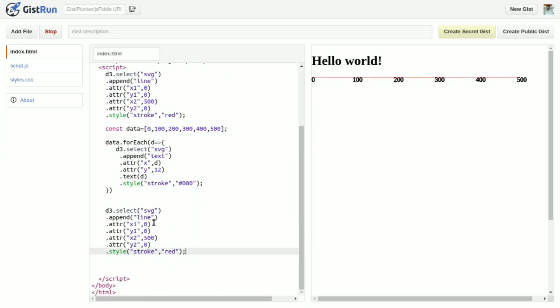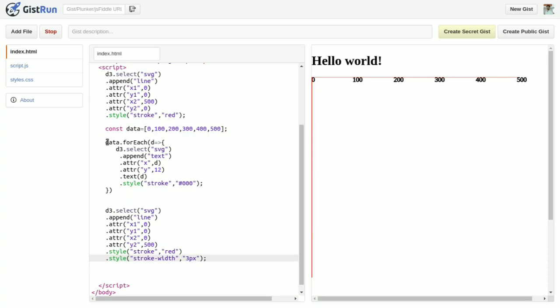To draw the vertical line, x1 and y1 remain 0, x2 remains 0, but y2 will increase to 500. So you can see one line is available. If I increase its stroke width to 3 pixels, you can easily see the line.